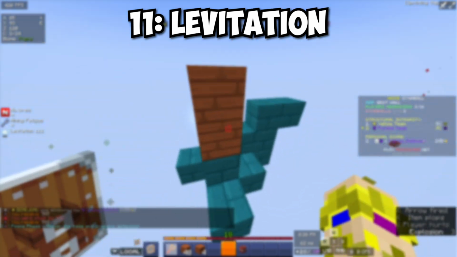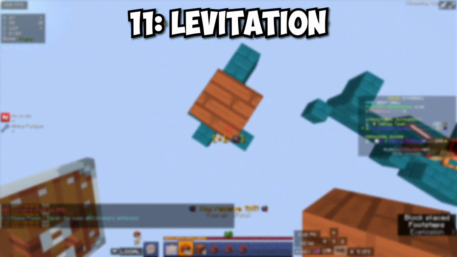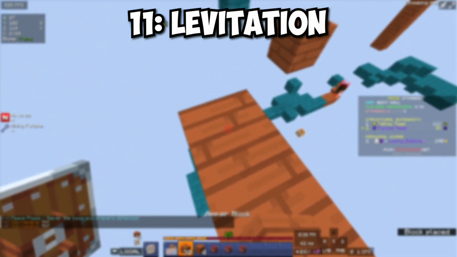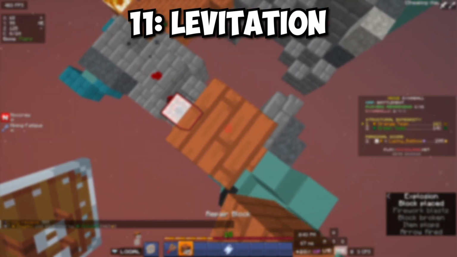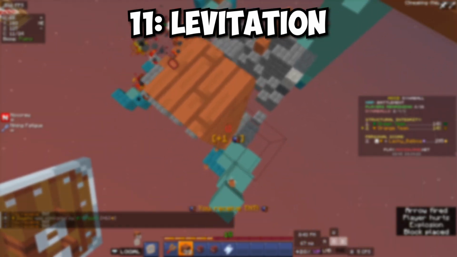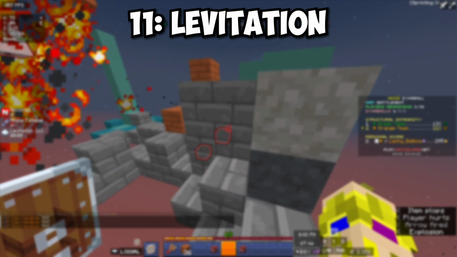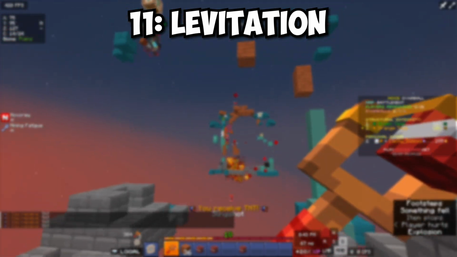For tip number 11, we have levitation. Sometimes you can get a spark of levitation from the chance crates. You should only be using these in a last-ditch effort situation. Sometimes I see people use it just to get to a higher platform, but that's wrong. You should be using these to get out of a jam. Whether that is to better your standing, or when you're already in the void,